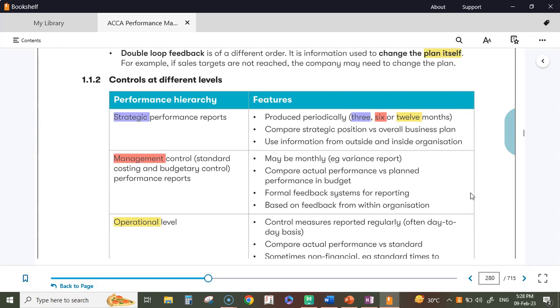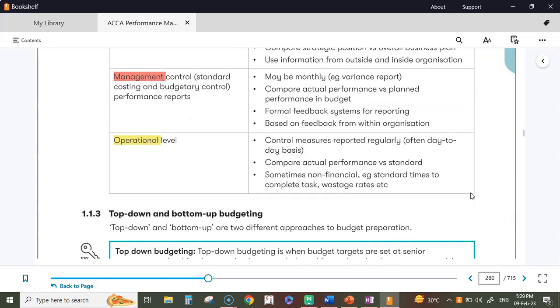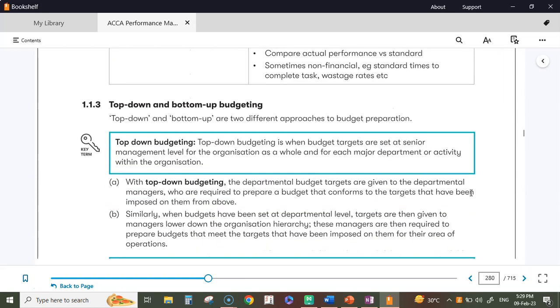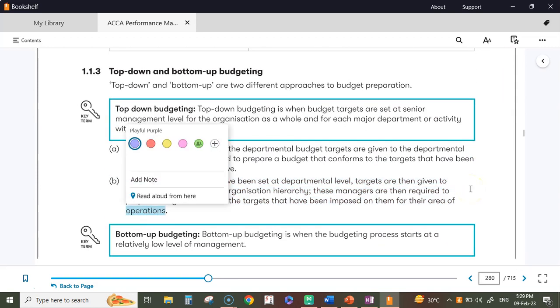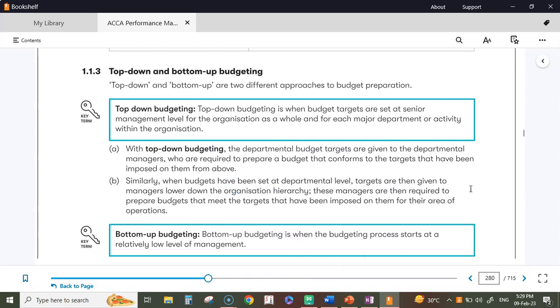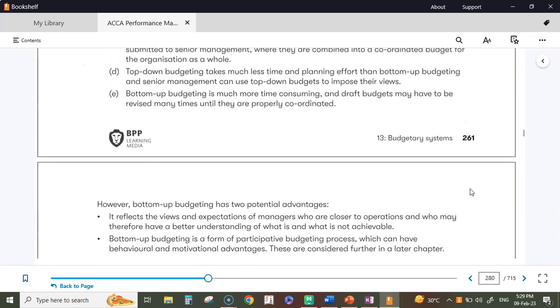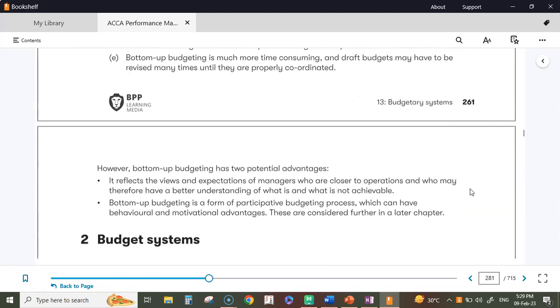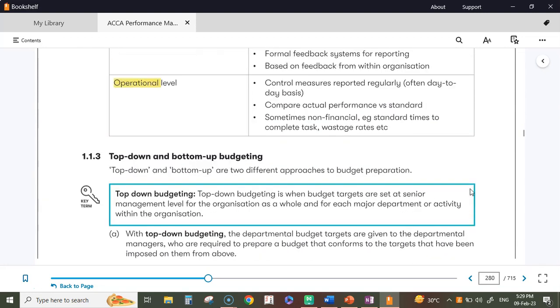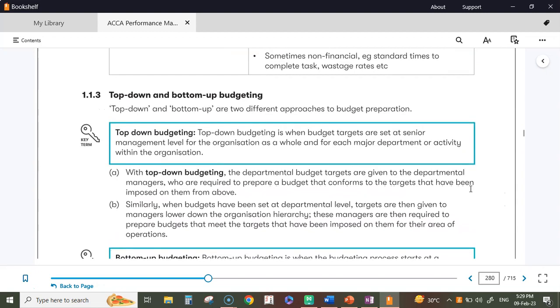Easier to do. Bottom up will require a lot of time consumption because there'll be a lot of operational managers. They'll have to discuss, find ways to do, achieve targets and everything. Yeah, so that's the difference. And at times bottom up will be much better for the company because managers who actually do the work are from the bottom and they know which is easily achievable, which is better for the company, right? So that's pretty much it for the initial theory.